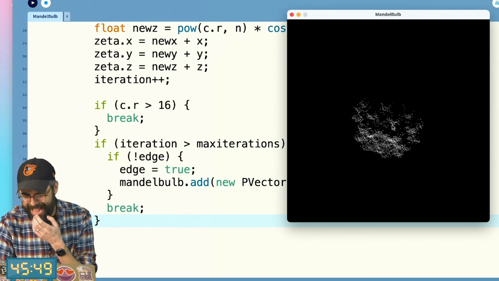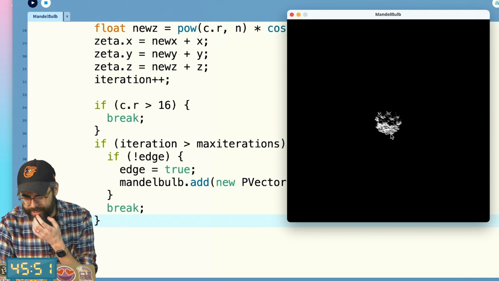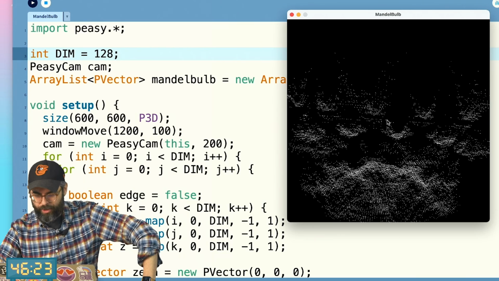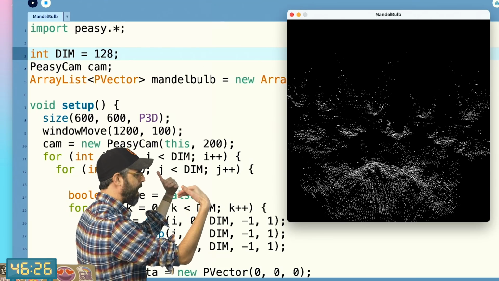Yeah, so that's like half the shape. You can kind of see it. Can I go up to 128? So you can see I'm just getting the bottom half of the MandelBulb,